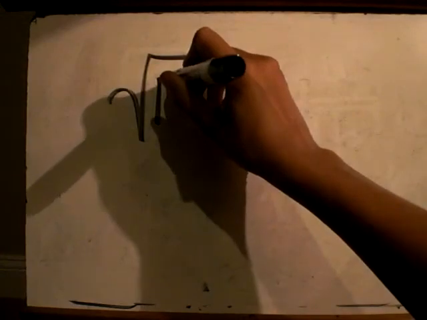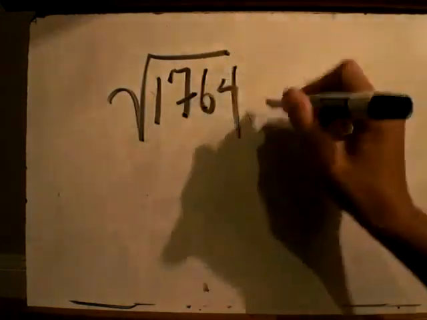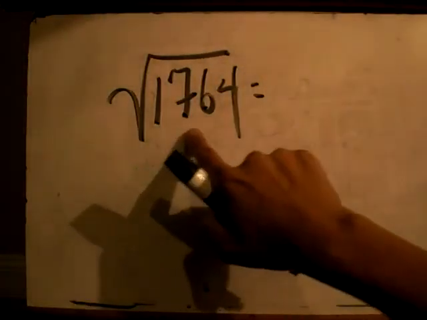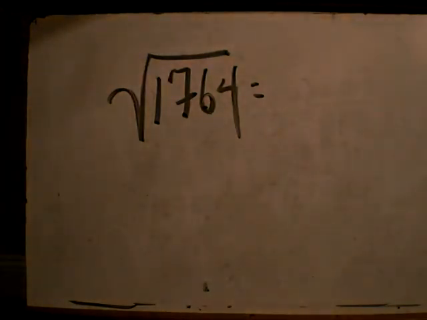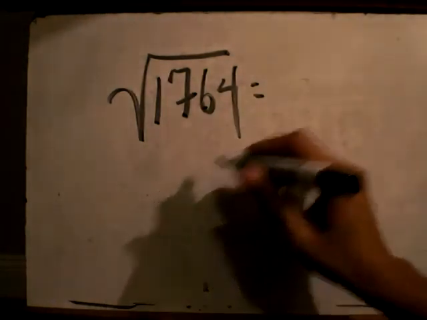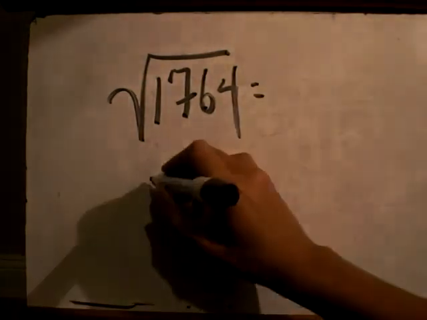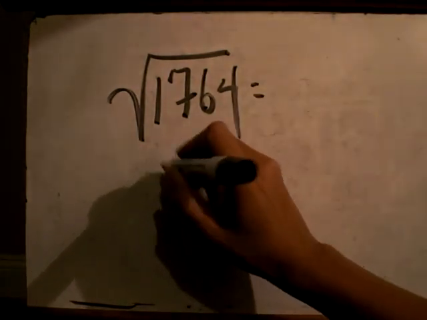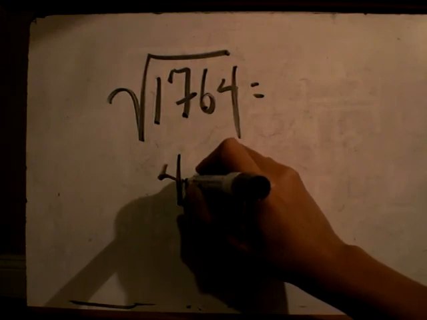Okay, here we go. Let's say we want to find the square root of 1,764. 1,764 can also be factored like this. It equals 4 times